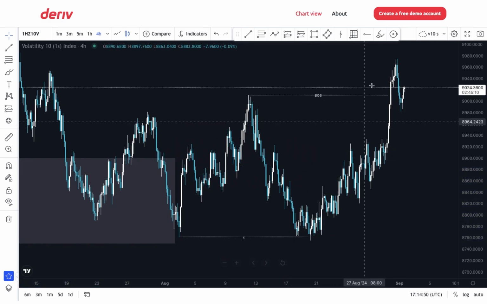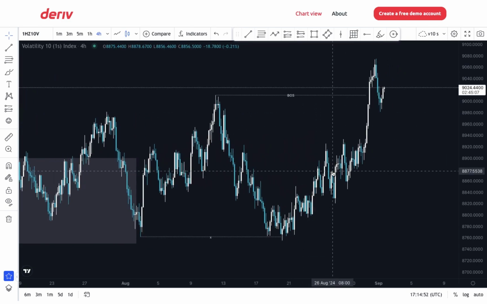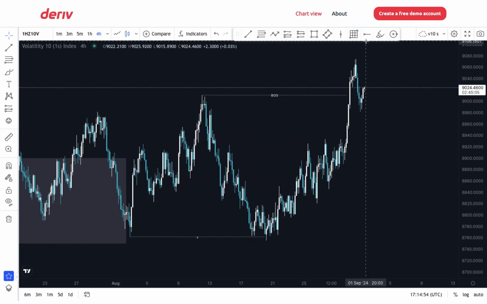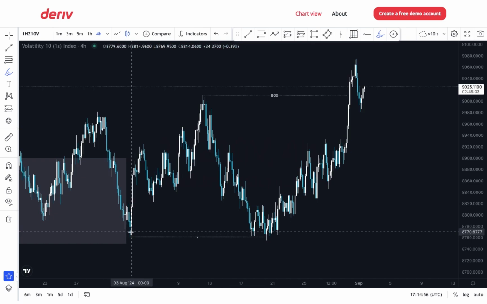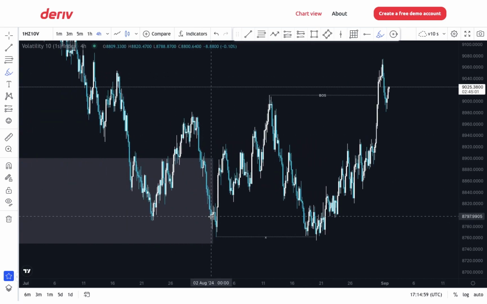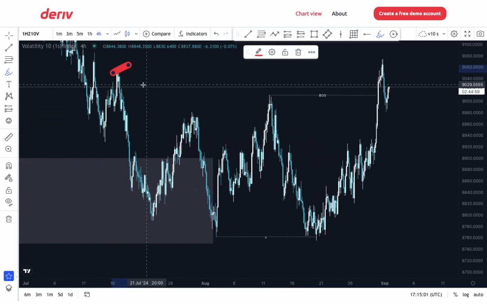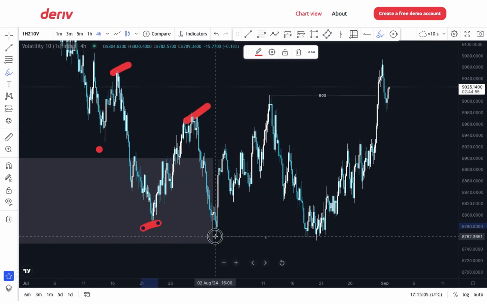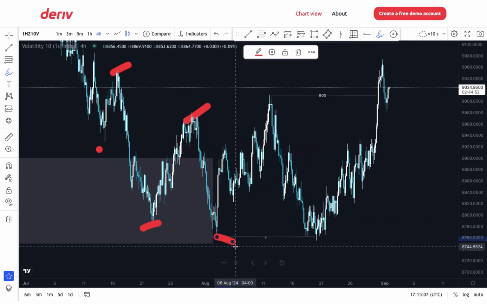So price sweep, we're looking for buys. What price sweep means basically is that, you see, this was the previous low, right? From whatever we're having here, this was a high, a lower high. This was a lower low, and then this was the last low, like the last lower low, right? So price swept this low,